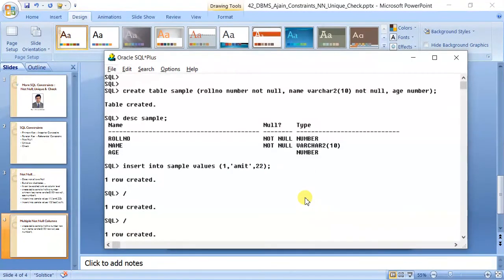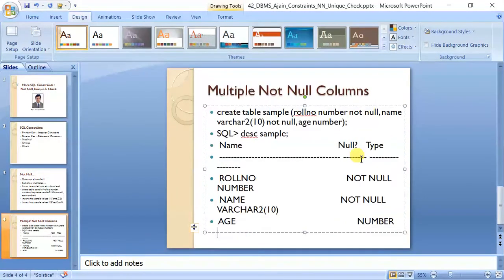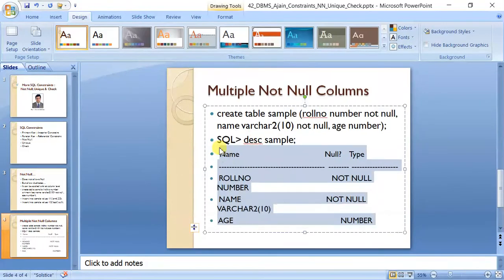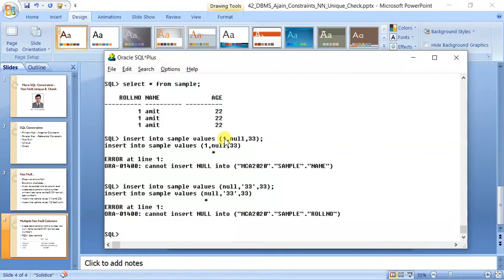So I think it is now clear to you why I was saying in the beginning that only by looking at not null you cannot tell whether it is primary key or not. Again, how to tell it we will cover in some next lecture. But right now let us focus on this constraint only. You can see no primary key but still not null is written here. So it is an important concept. Please remember this. Okay, let us copy it so that we can refer to it later on. Okay, so this was about not null.